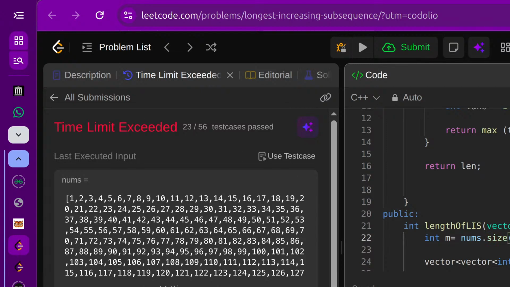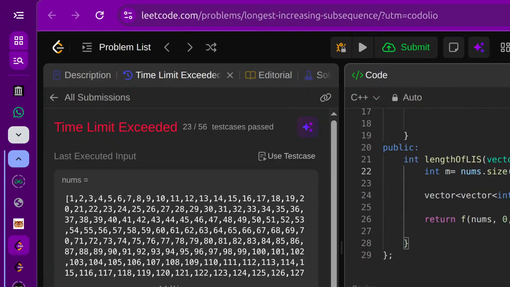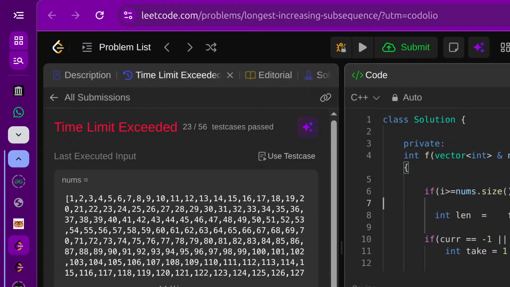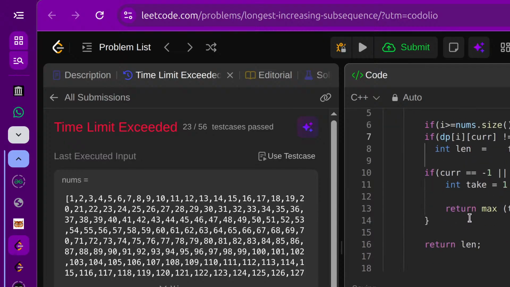We can pass this here, DP, as a reference. And if DP of I comma current is not equal to minus 1, return DP of I comma current, else